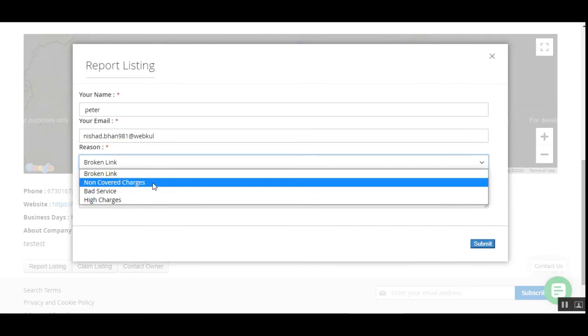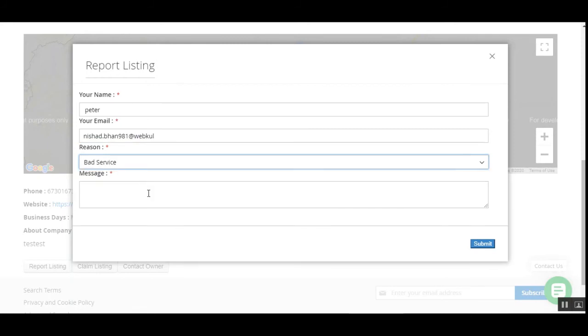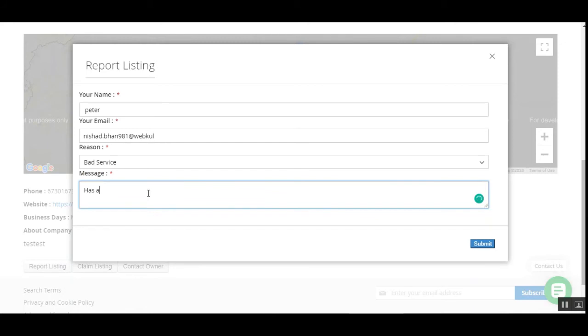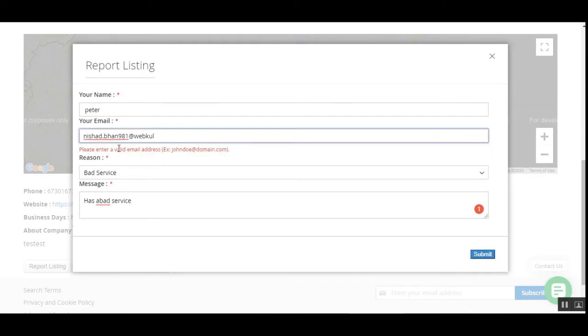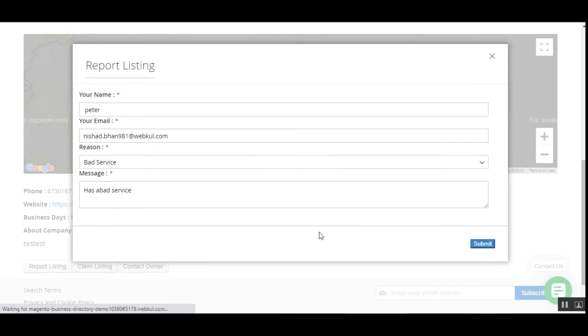I'll be choosing the reason, maybe bad service, has a bad service. And then we can tap here on the submit button. Alright, I just forgot to enter the .com there, and tap here on the submit button,